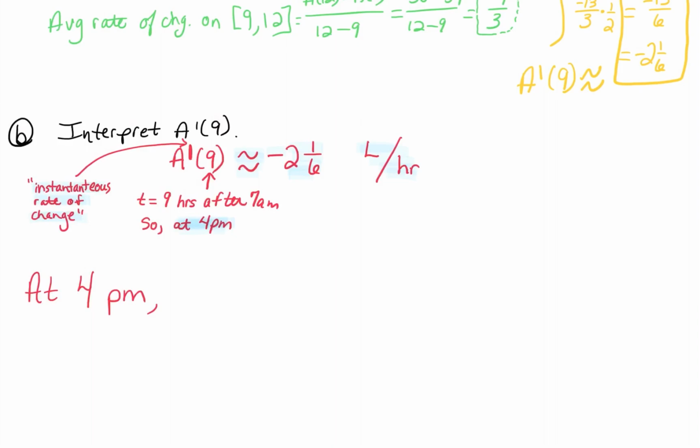We're talking about the volume of the tank, this tank full of water that's emptying. So writing this out in more practical terms, we might say the volume of water in the tank